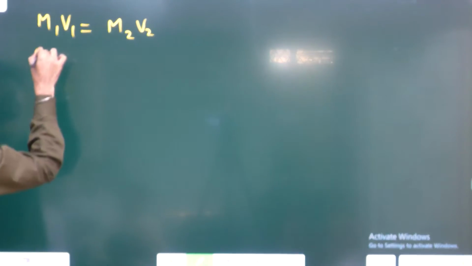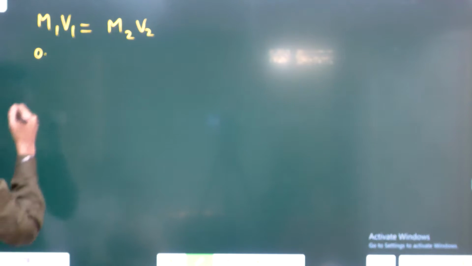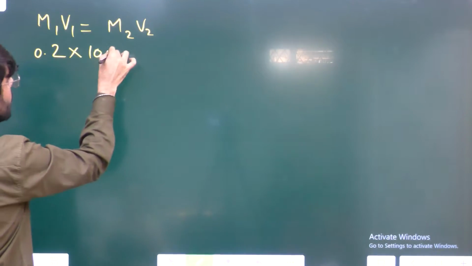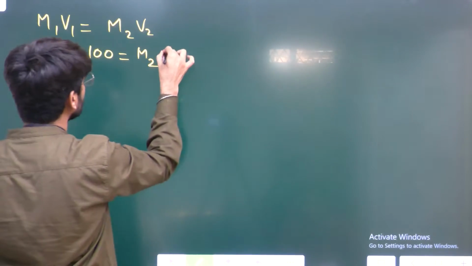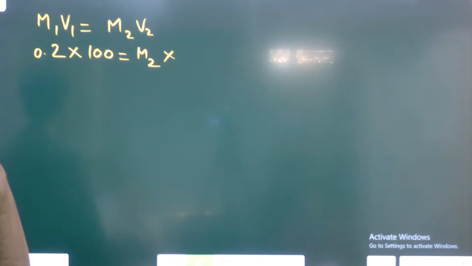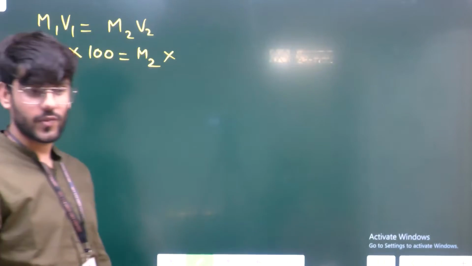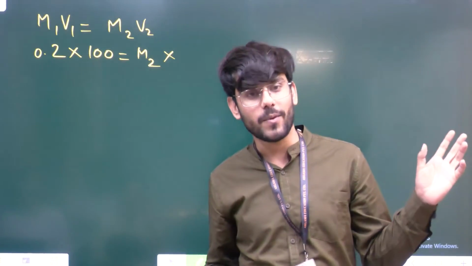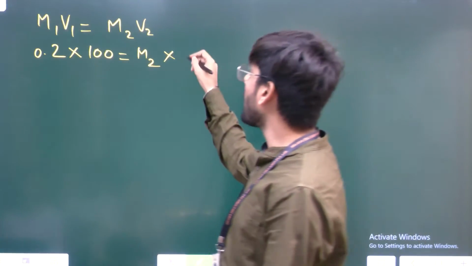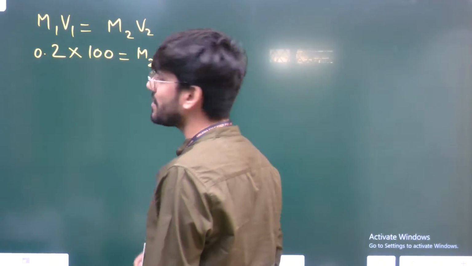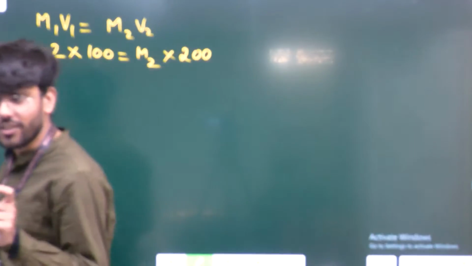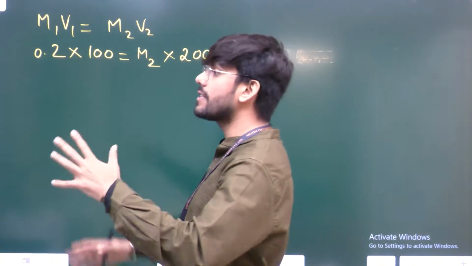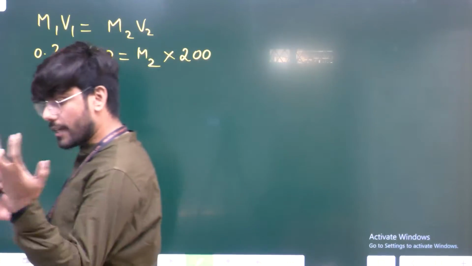What is M1? 0.2. V1? 100. And what you are supposed to find? V2? 100 के साथ तो dilute किया है, 100 उसमें already था before. So total volume now becomes 200. You know volume is extensive property that's additive in nature. Molarity is not extensive. Otherwise आप तो ऐसे ही लिख देते, for example if I take a solution,